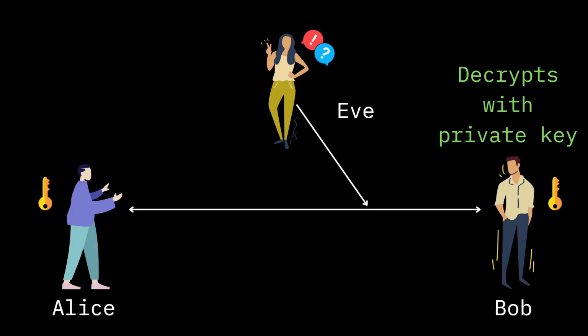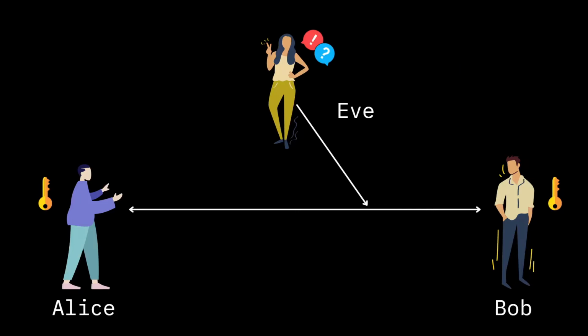Notice that only the public key is revealed to the outside world, whereas the private key never even goes to the other party of the conversation. Which means even though Eve somehow gets a hold of the public key, it's pretty useless because she does not have the required private key to decrypt.